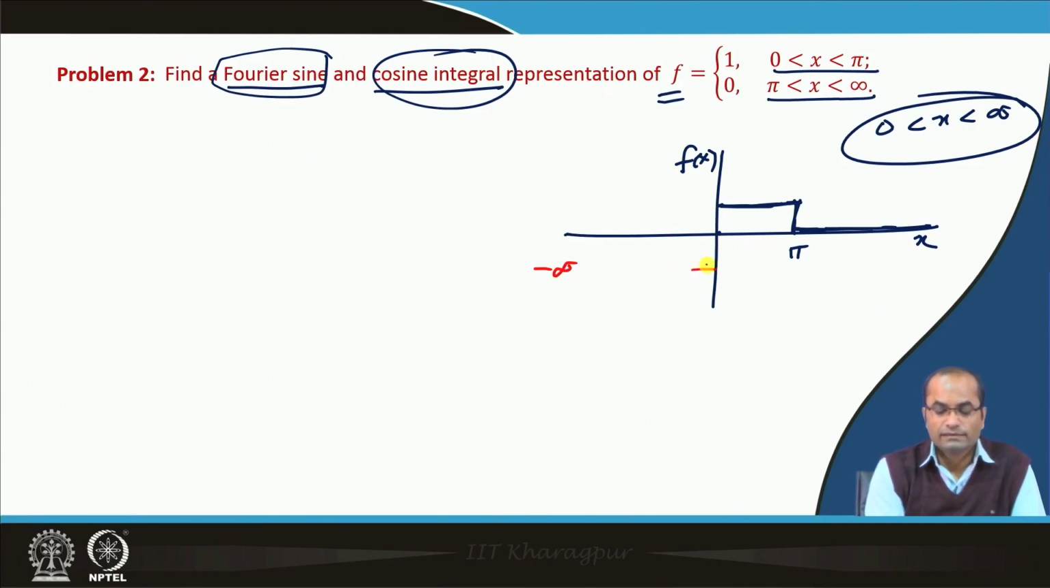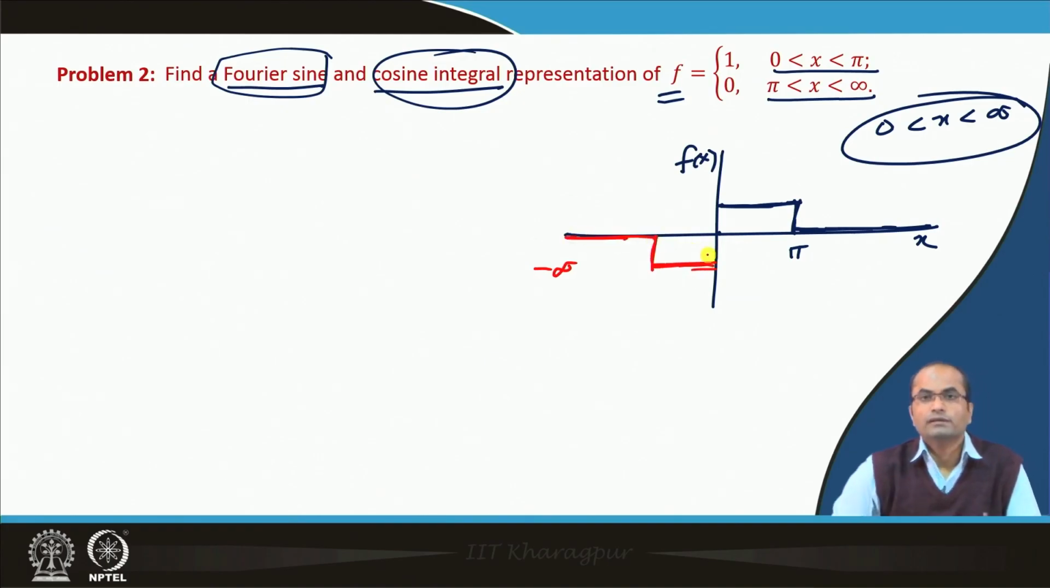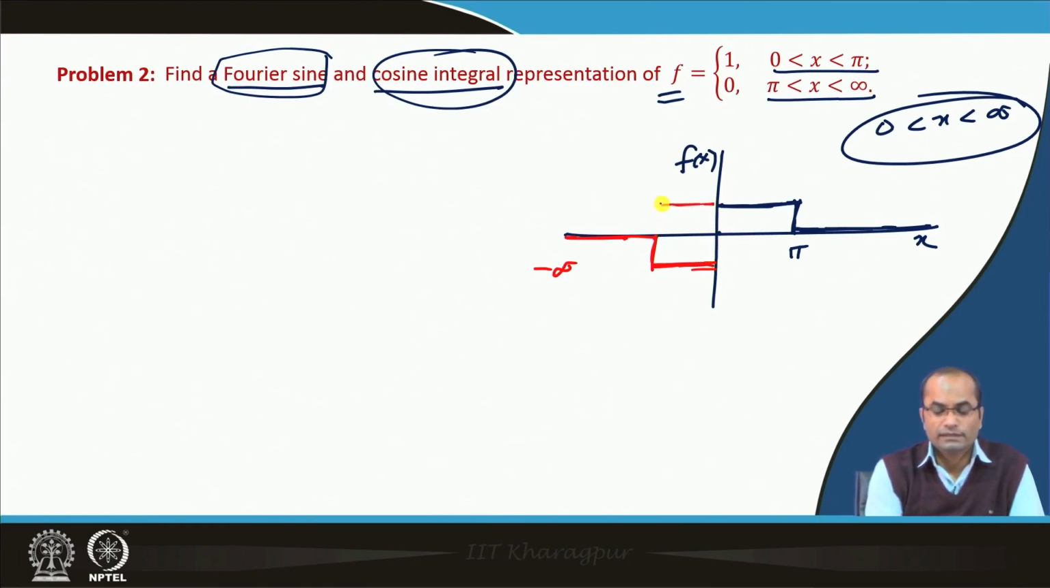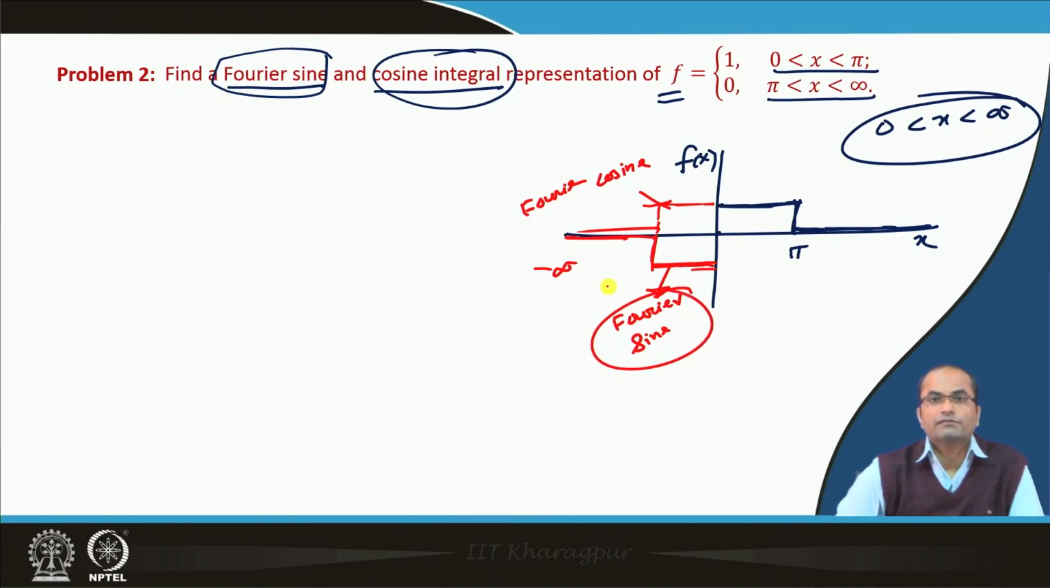If we extend it in this way, then this will lead to a Fourier sine representation, or if we extend it in this way, then it will lead to the cosine Fourier integral representation. If we extend to have this odd function, then we have the Fourier sine representation of the given function. So, we will see that now,